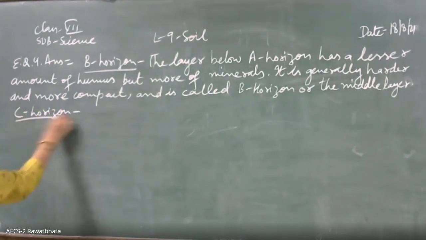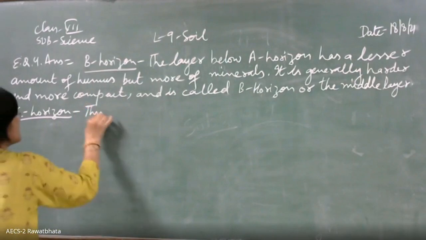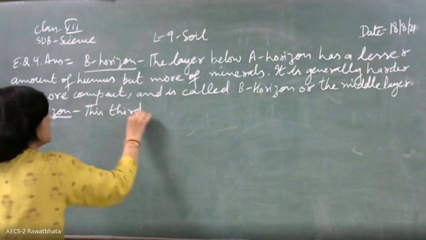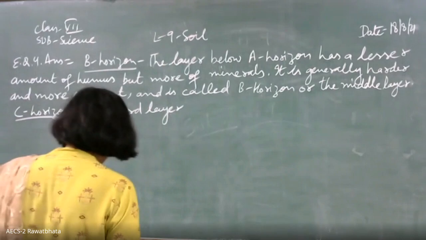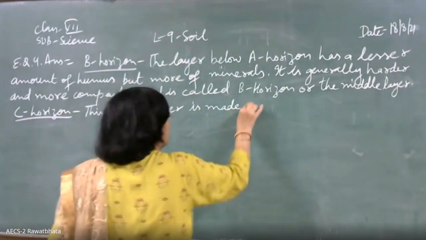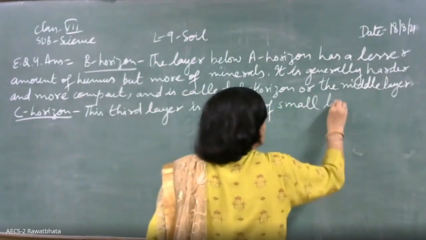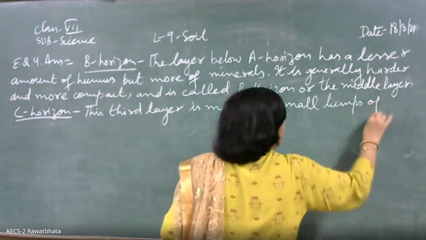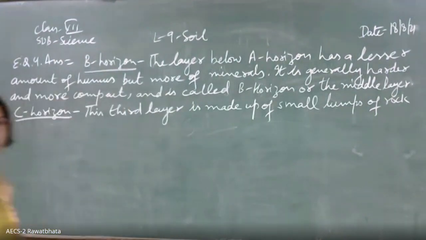Now the C horizon. This third layer is made up of small lumps of rock. Such questions will come to you for 5 marks, wherein you are supposed to write down